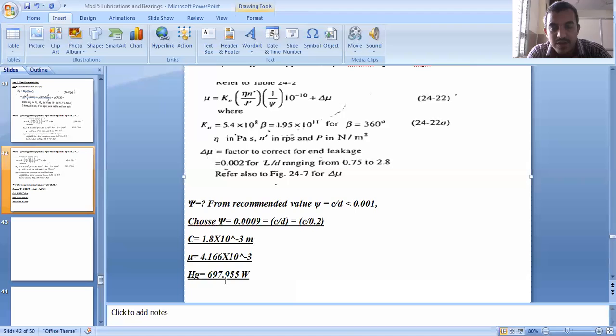It's already 11 o'clock. Next class, remaining steps will continue. Remaining steps are heat dissipated, next minimum oil film thickness and its location, next flow rate, side leakage, without side leakage, next the side flow lubricants. Last one is power loss due to friction. Clear? If you know these 10 steps, whether they directly give all the steps in the design or only some part they will ask, you will just refer the previous question to come to know that.